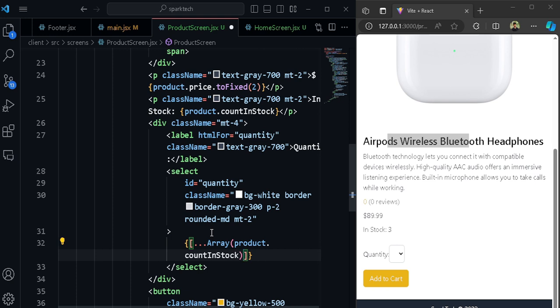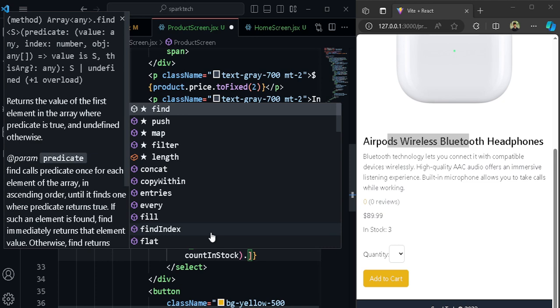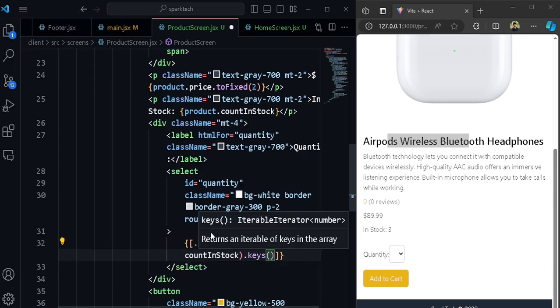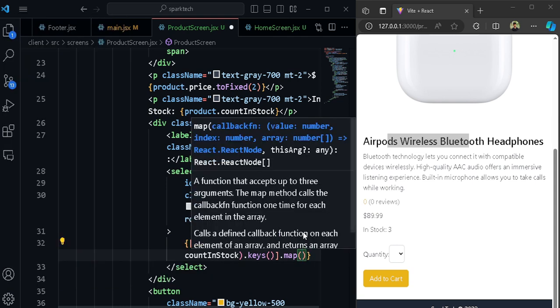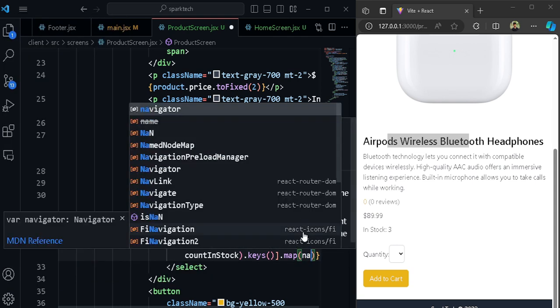The keys give you the indices 0, 1, 2, 3 of the particular product's count in stock. For that I'm using dot keys, which is a function, and this will basically give me 0, 1, 2, 3 based on the number of products that we have. Let's say we have three products. For this we get an array of 0, 1 and 2. Since arrays are zero based, I'm going to loop through it using map, and for every number,